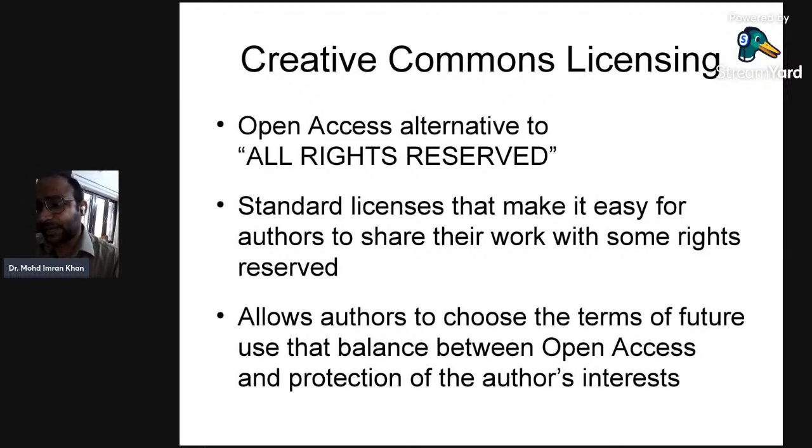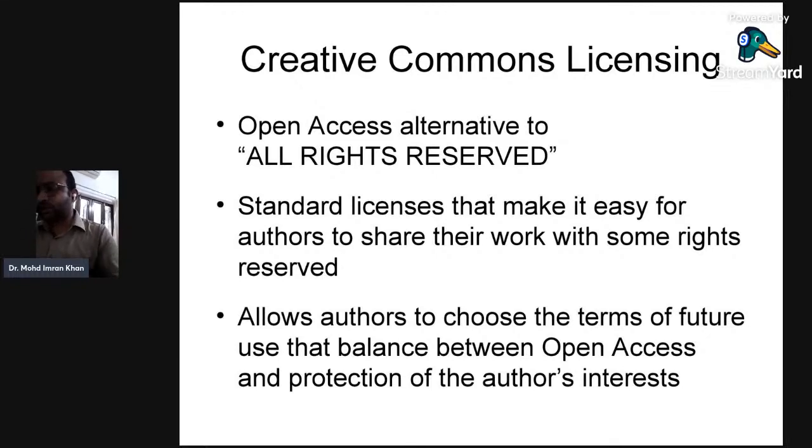But in copyright, when you use the term copyright, then it automatically means a bundle of rights which are only given to an author, okay, and others cannot use it. So all these rights, right to publish, right to reproduce, right to make a movie out of a book or a novel, right to make a drama, right to perform in public places, right to broadcast, all these rights are reserved with the authors. Once we use the term copyright, it means that all rights reserved.